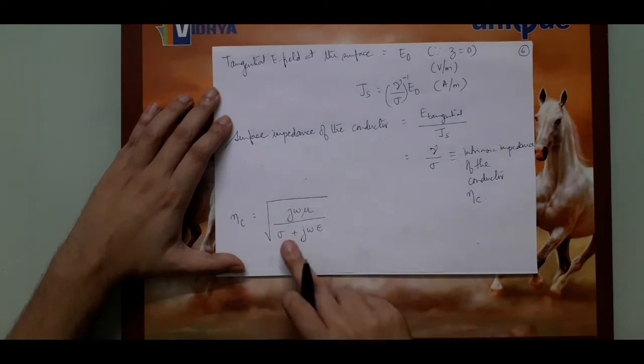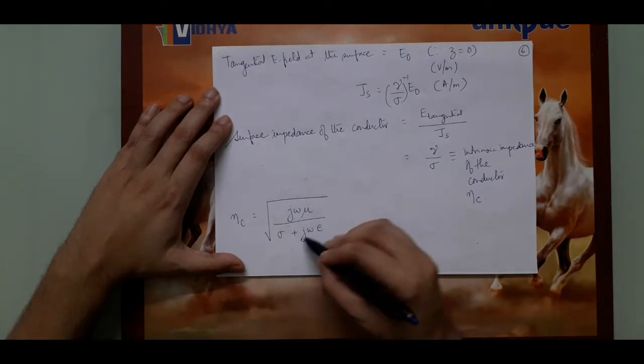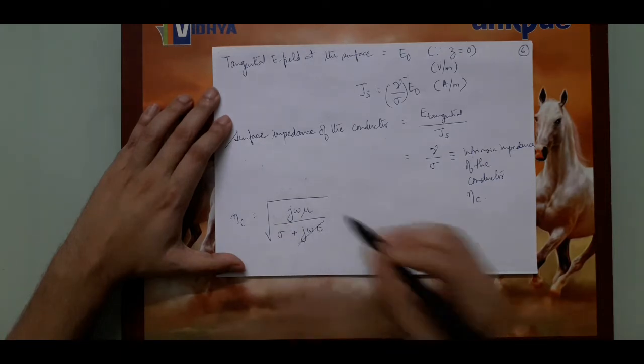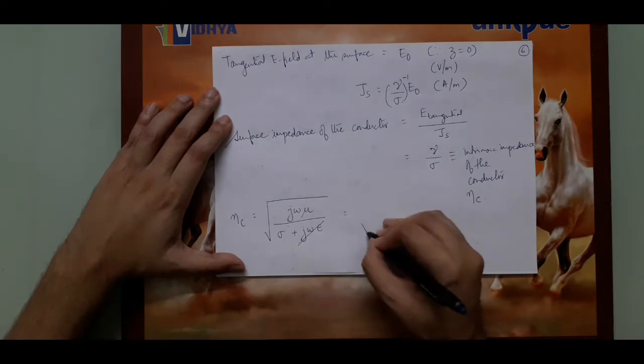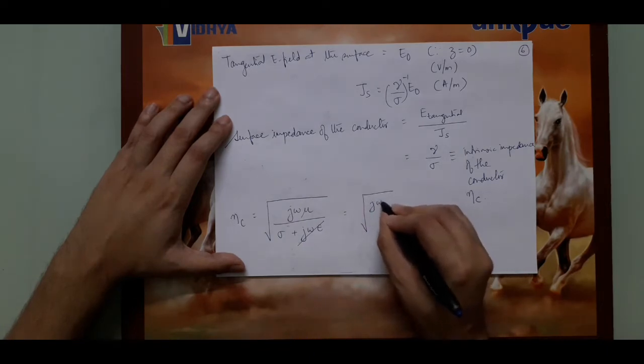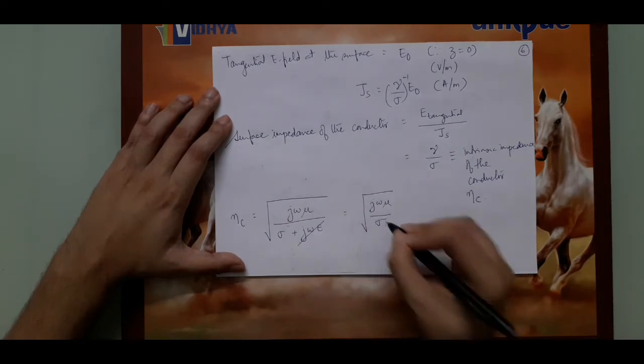But since we are talking of a good conductor, this term will have more priority or more significance, and this will cancel out. So therefore what we get will be j omega mu divided by sigma,